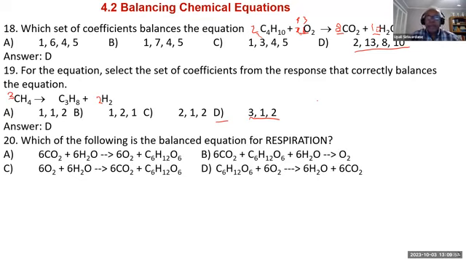Respiration is burning glucose in oxygen to produce water and carbon dioxide. None of these reactions are respiration. This one doesn't produce carbon dioxide and water. Therefore, even though this has glucose, respiration is glucose converted to water and carbon dioxide, burning in